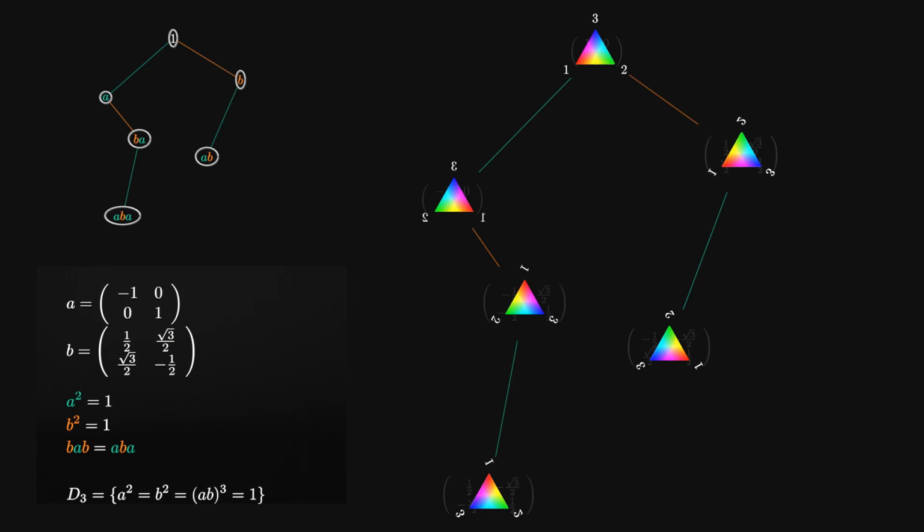You may also have realized that the determinant of A and B is not equal to 1, but minus 1 instead. Therefore, this generated group is not a subgroup of the special linear group. In fact, it is a subgroup of the orthogonal group, which means that all distances and angles are preserved by the corresponding linear transformations. When we now turn back to the two generators A and B that create the Apollonian gasket,